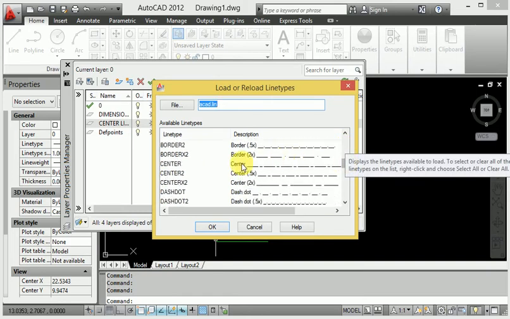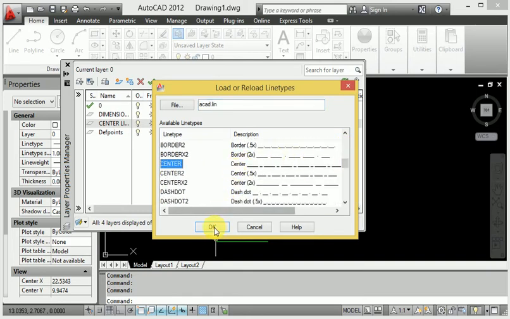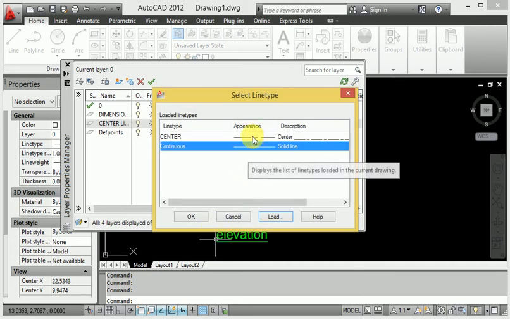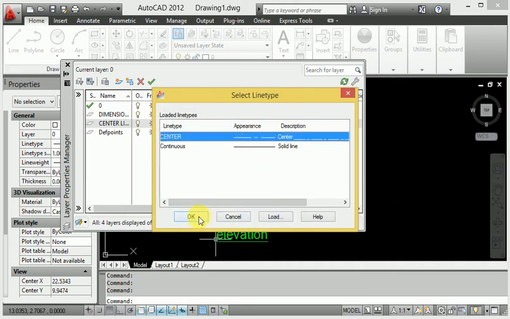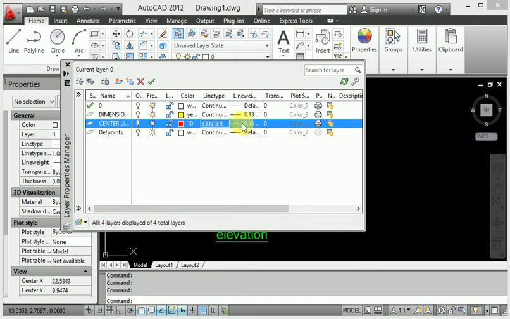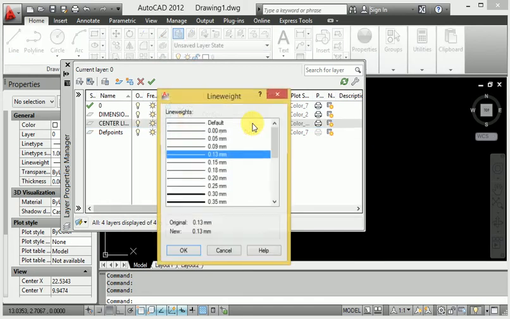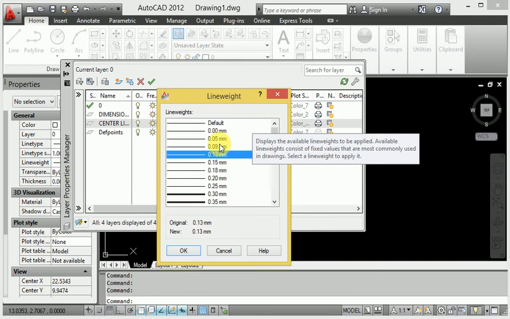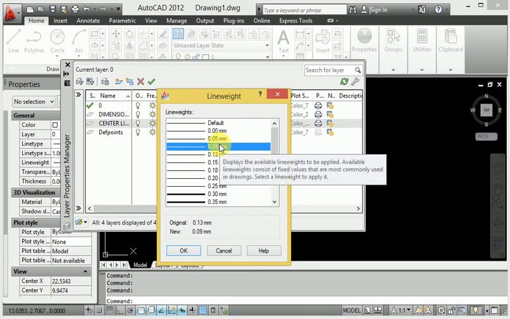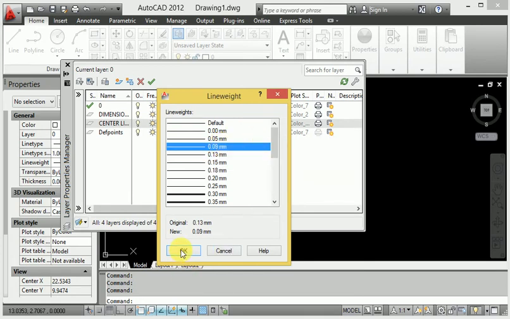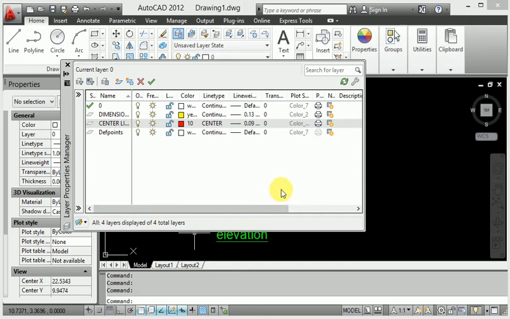So this is the center line here. I click the center line and apply the center line, okay. Then change the thickness weight to 0.09 and okay. Then let's go again.